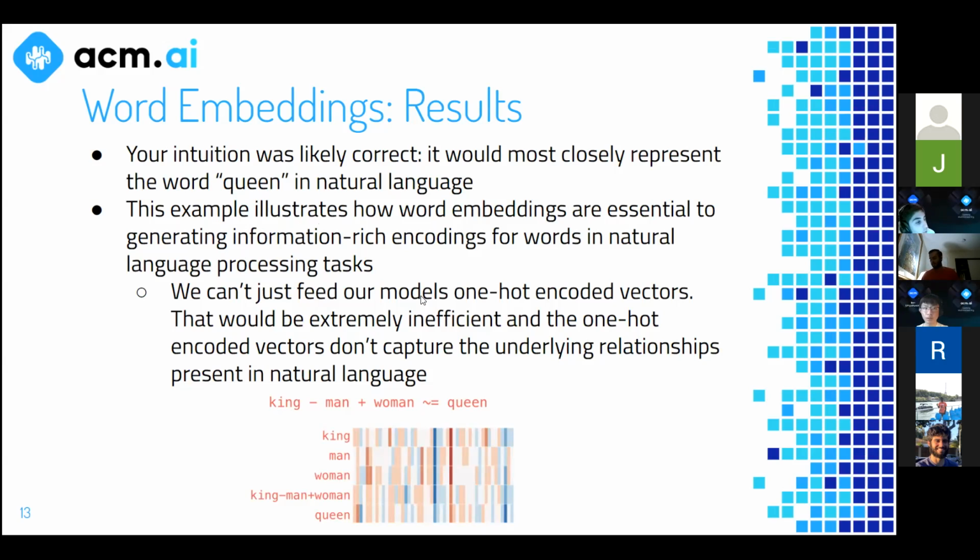Because if you just do the one hot encoded vectors, you're not encoding the relationship between those words. If you were to do something like king minus man plus woman, you wouldn't get queen, right? Obviously you wouldn't, because if you subtract something that has a 1 somewhere and zeros everywhere else from something else that has a 1 and zeros everywhere else, and you add something else, you're not necessarily going to get the value that corresponds to queen, right? Because queen could be any of the values in that vector. So I hope